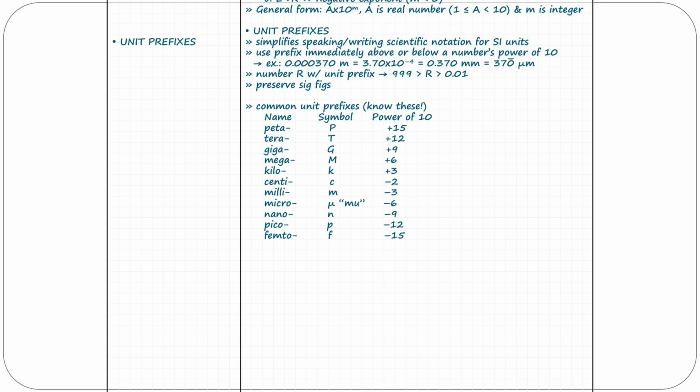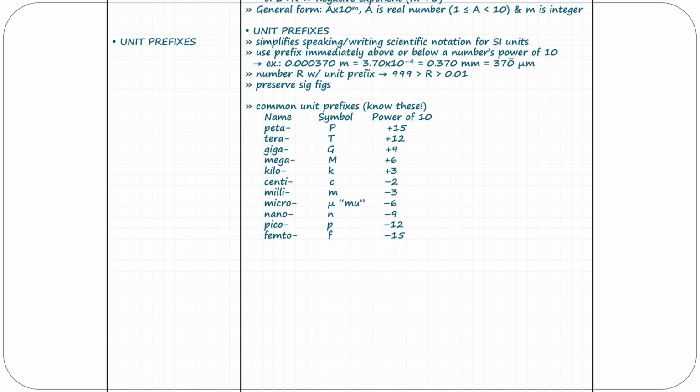What you're going to do is take the number that you have in scientific notation, something like what we have here. We could rewrite this in scientific notation. Notice that this becomes 10 to the -4. If you have 10 to the -4, that falls between 10 to the -3 and 10 to the -6, so there are two different unit prefixes you could use. 10 to the -4 could be milli with a lowercase m, or micro with a lowercase Greek mu. And then you'd simplify the rest of the number